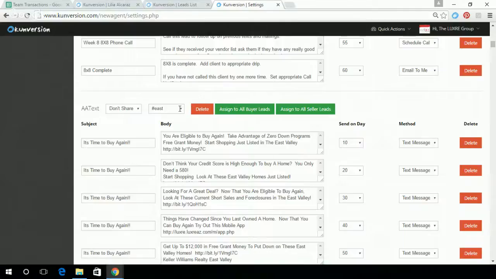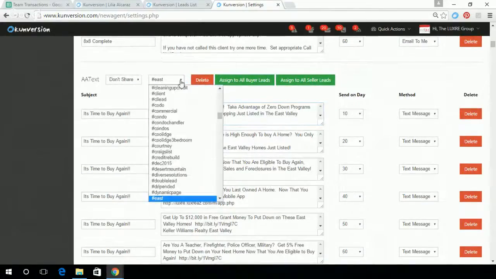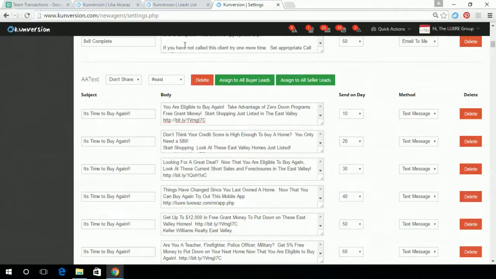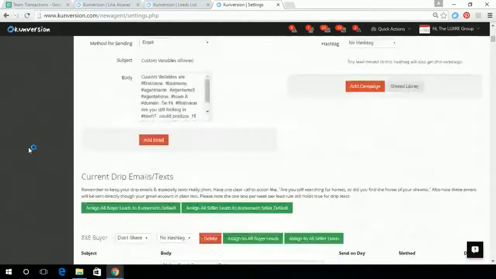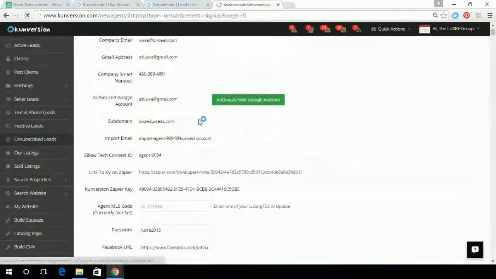Okay, we would come here, find the hashtag that says luxury sphere, and set it to it. That way, whenever you go to your lead, get off this page. This page is slow. So whenever you go to your lead